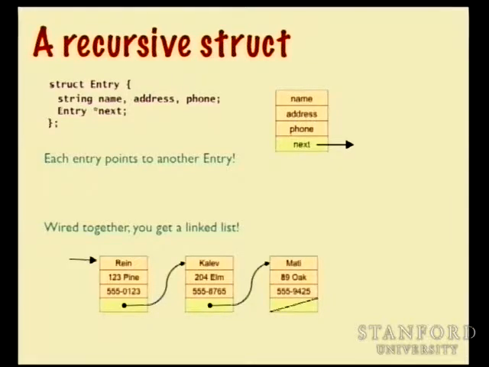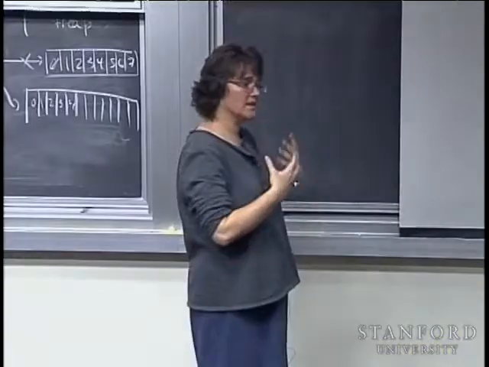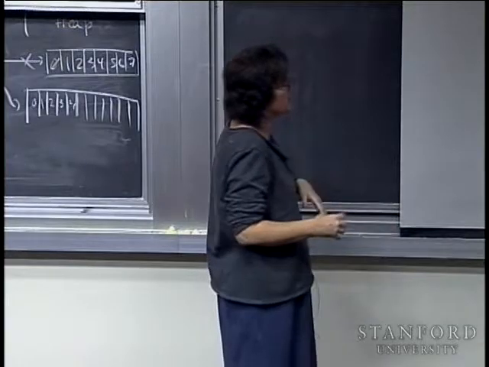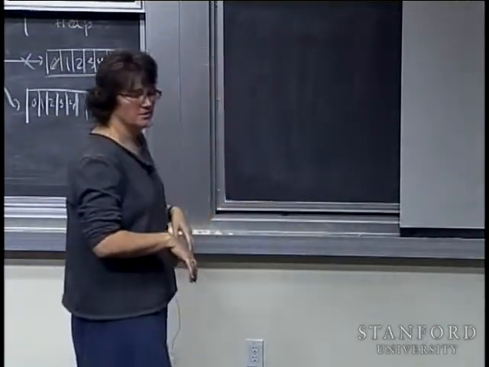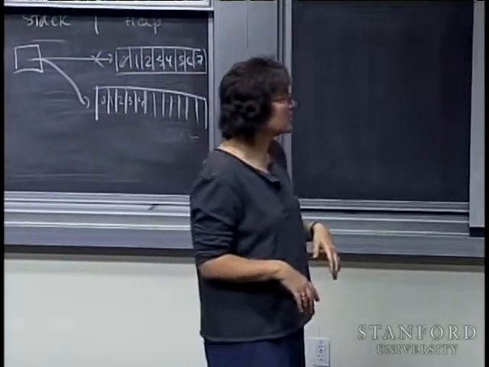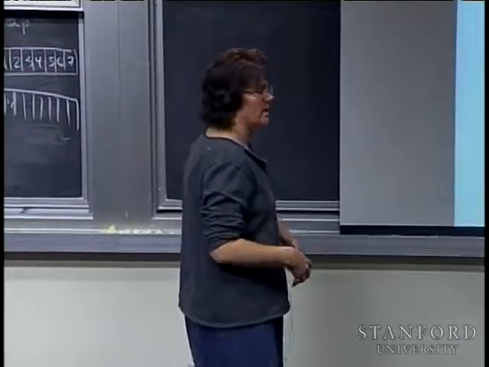And if I use null as my terminating sentinel at the end to say that Mati has no one following him, then I have this chain that I can follow from the front to the back to visit all the entries in my list. Okay, this is called a linked list. It's a list because there's this collection of things that are there. They are linked together by virtue of pointers, and they have a very recursive formulation,